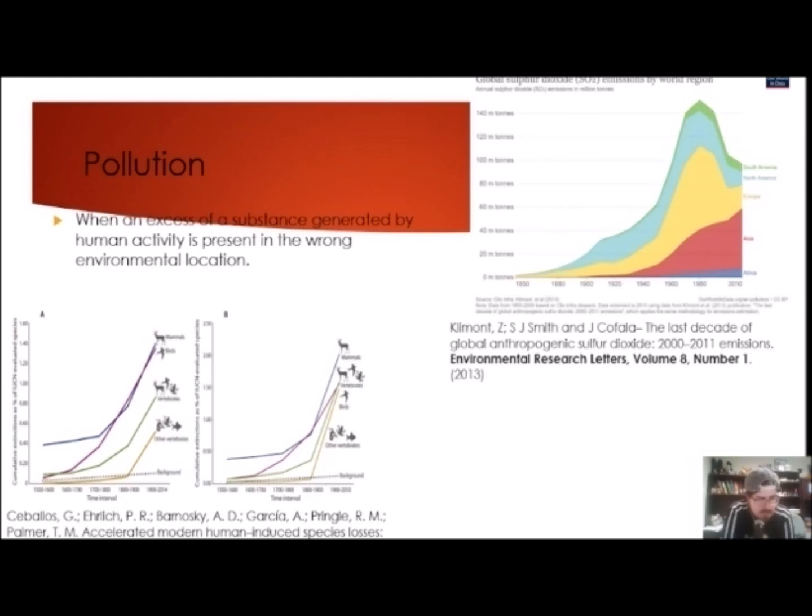Now, Earth is about 3.5 to 4 billion years old, with life being about several million years old. We only have a very short time on Earth compared to the overall age. Animals have survived and adapted, and some of them have gone extinct naturally due to various processes, like the meteor causing the ice age, wiping out the dinosaurs. We've had various extinction level events. But the fact of the matter is